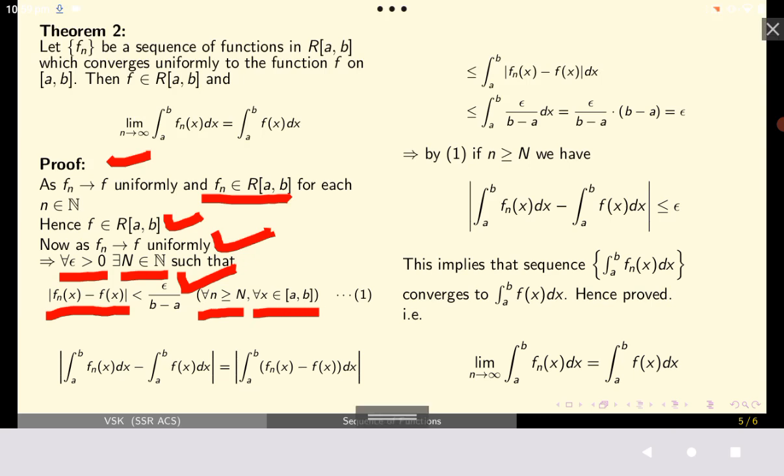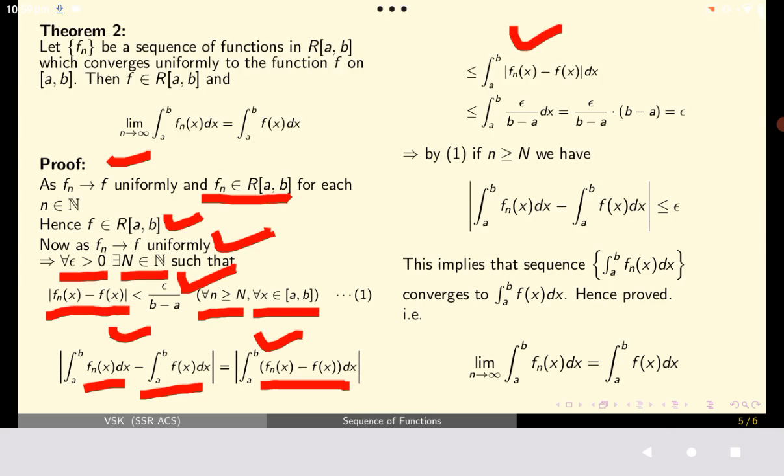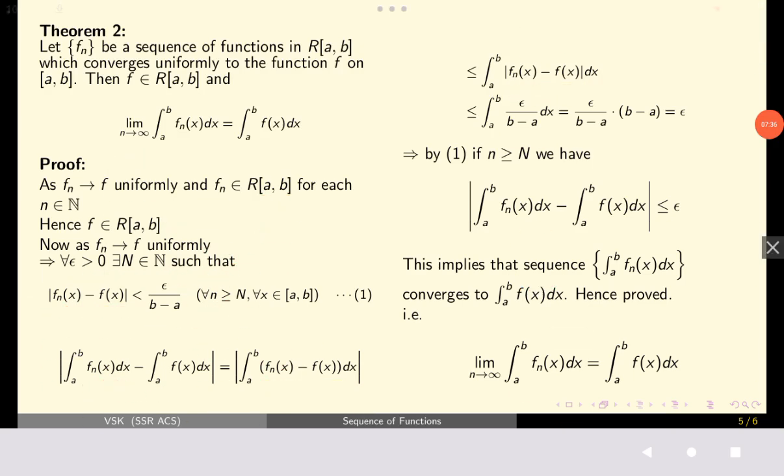From this, we obtain that modulus of the integral from a to b of Fn(x) dx minus the integral from a to b of F(x) dx is equal to modulus of the integral from a to b of (Fn(x) minus F(x)) dx, that is less than or equal to the integral from a to b of modulus of Fn(x) minus F(x) dx, and modulus of Fn(x) minus F(x) is less than epsilon upon b minus a. So we replace it over here. That will come out and we get b minus a, and